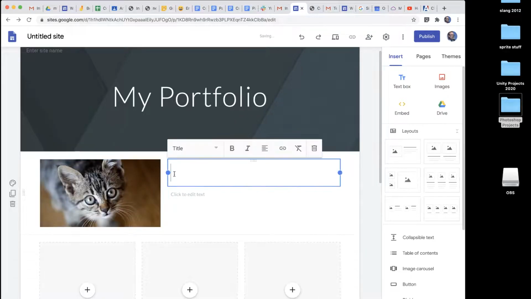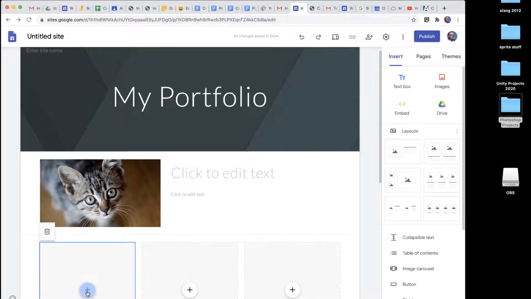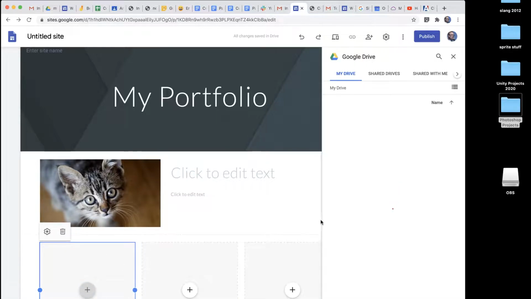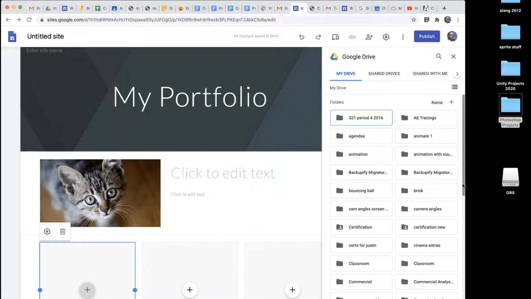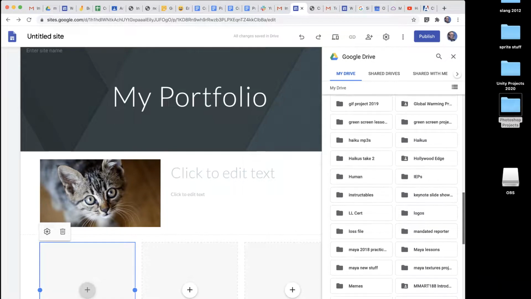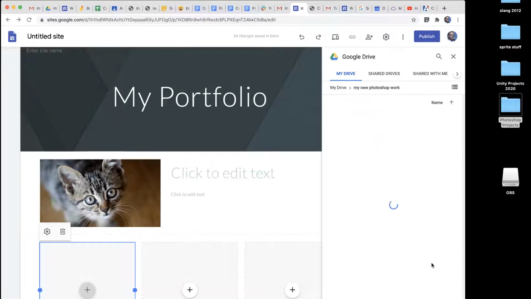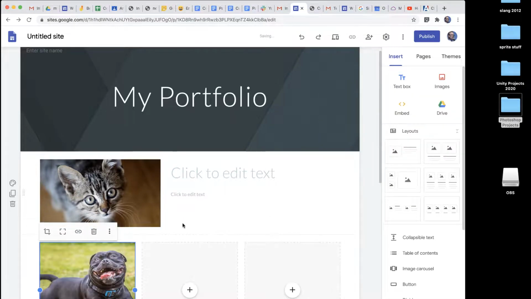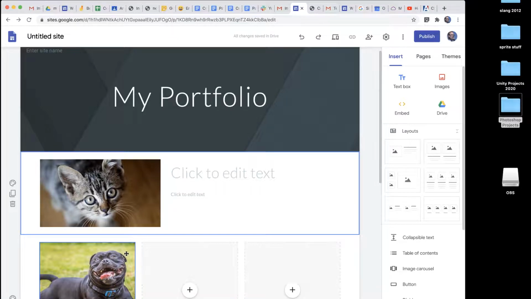And there, I've got that first image. And I can write a little something about what it is, describe it. And then I might do another one. Let's do one more. I'll go here from Drive. And let's see, hopefully it'll remember where I was. No, it didn't, but that's okay. I'll go back into my folder here. And I'll pick another image, right? And insert it. So you can see that I'm starting to post my images on this untitled website